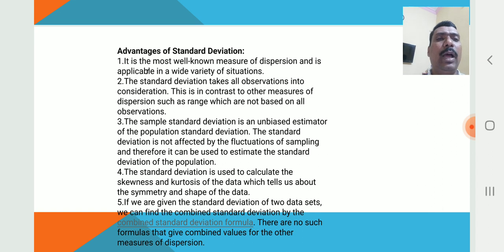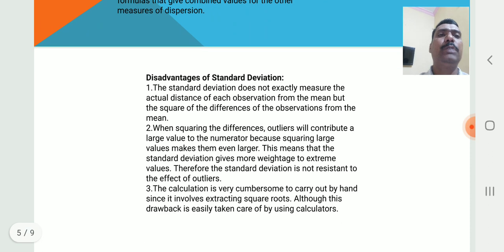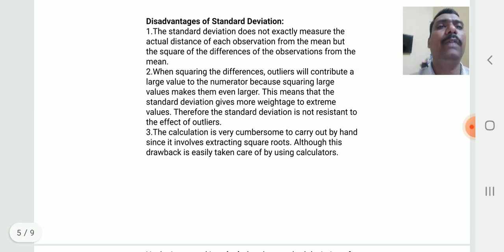If we are given the standard deviation of two data sets, we can find the combined standard deviation by the combined standard deviation formula. There are similar formulas that give combined values for the other measures of dispersion. Disadvantage of standard deviation: the standard deviation does not exactly measure the actual distance of each observation from the